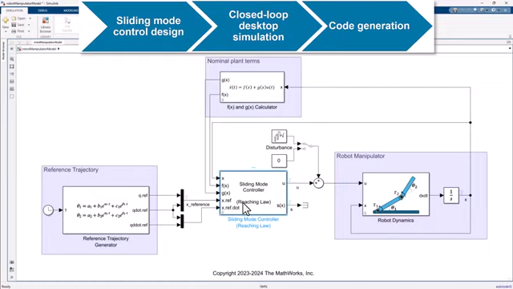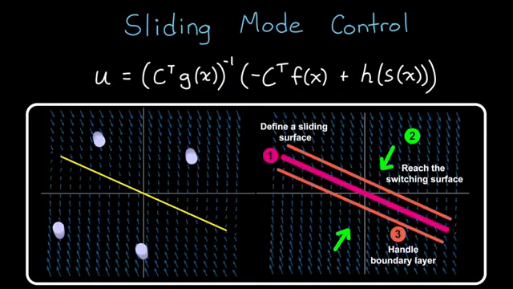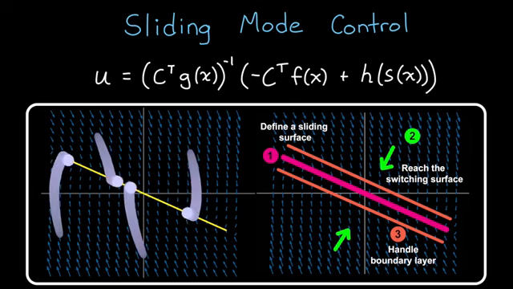In this video, we'll show you how to design a sliding mode controller in Simulink for a robotic manipulator. We'll be showcasing the new sliding mode control block that shipped in the 24B release. Sliding mode control is a robust control technique that ensures precise tracking of desired trajectories, even in the presence of